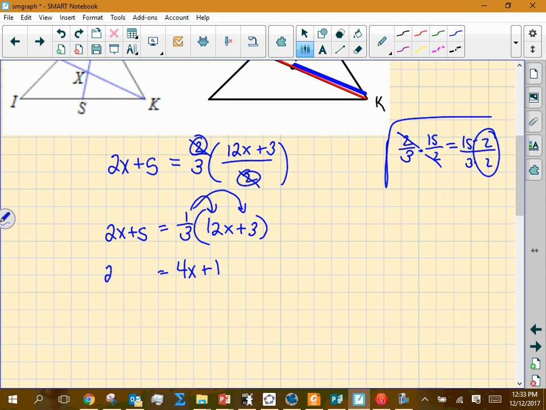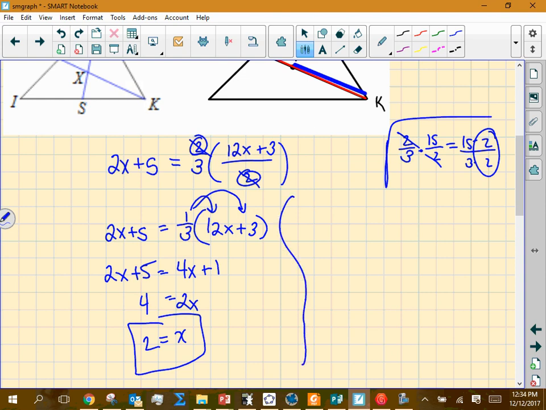So now I get 2x plus 5 is equal to that. Can I subtract 2x from both sides? I subtract 1 from both sides, and I get x to be 2, right? Okay. Now, maybe using some other approaches, that would be 100% perfectly fine. They just might be a little bit more time consuming. If I do,